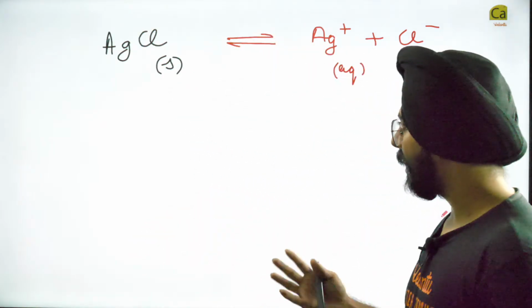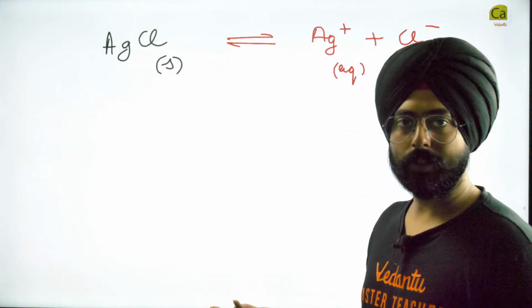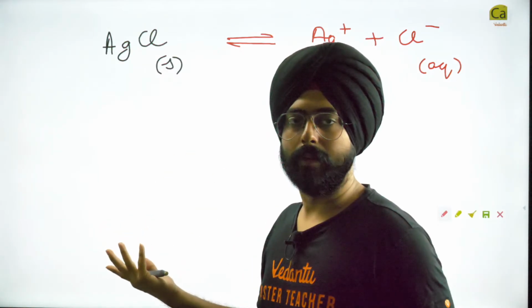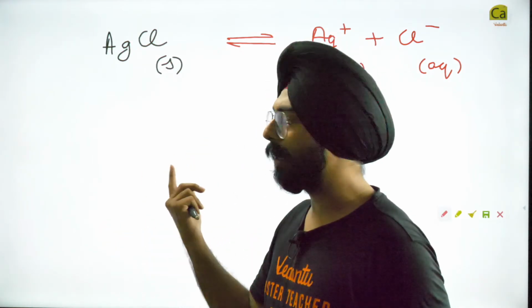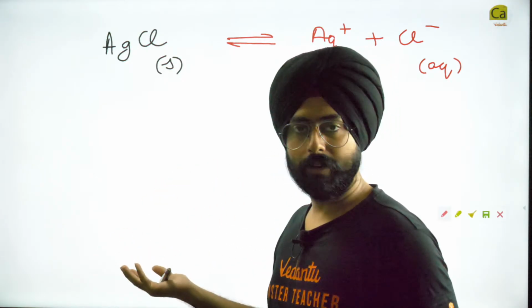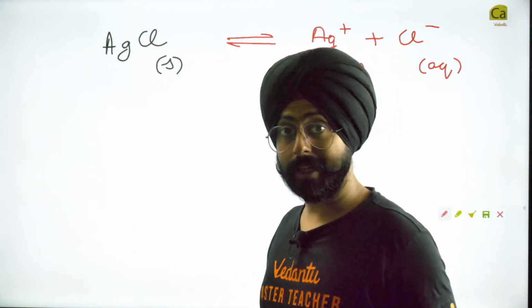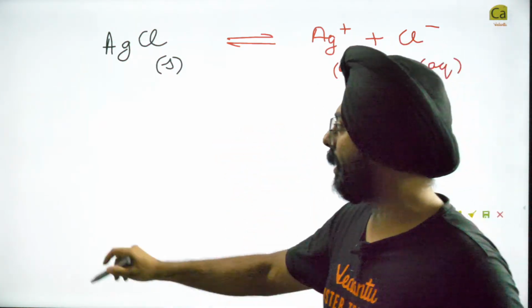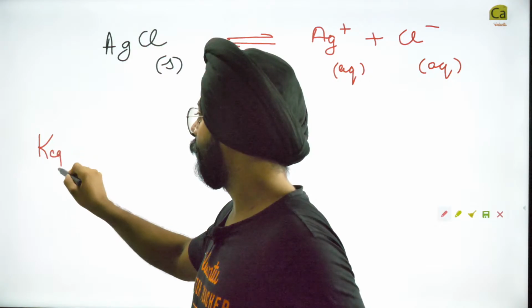So my dear friends, can we write the K equilibrium for this? And we'll see the significance of equilibrium over here very soon. Why should we consider this an equilibrium reaction? How does it work? What's the use of considering it as an equilibrium reaction? I will tell you very soon. But for now, can you tell me what will be the expression of K equilibrium?